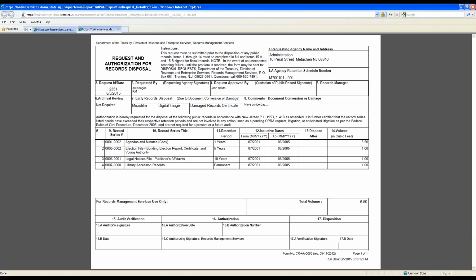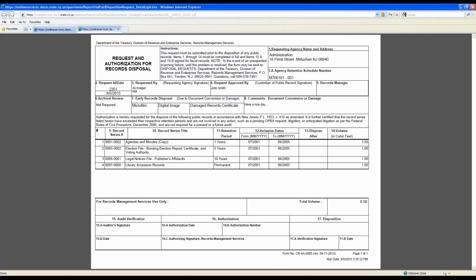And the reason why I don't recommend that is because if the state for some reason rejects or denies that request, guess what? All those lines are going to have to be resubmitted again. So what I tell people to do is, as you're creating your request, keep the amount of lines you put on a request within reason. I say typically no more than 25 lines should be on any one request. Again, you don't want to have a request rejected by the state, and then you have to enter everything back in, except for maybe that one line that was rejected, or again, I don't know why they rejected it. Maybe you forgot a signature, and it got rejected because of that, and then you have to go back in and do it all over again. So keep it within reason.